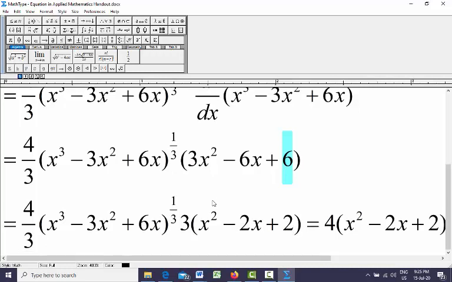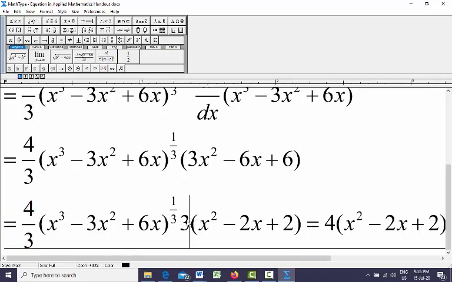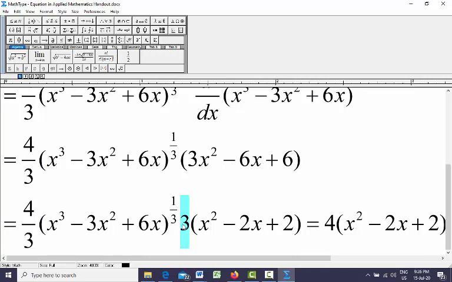So now as you can see, this 3 will cancel this 3, because all of these things are in multiplication. So this 3 will cancel this 3. So we have only 4 here. So that means 4 multiplied by,